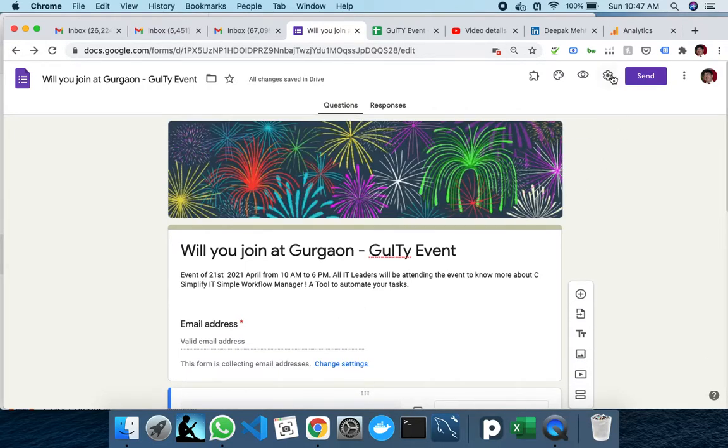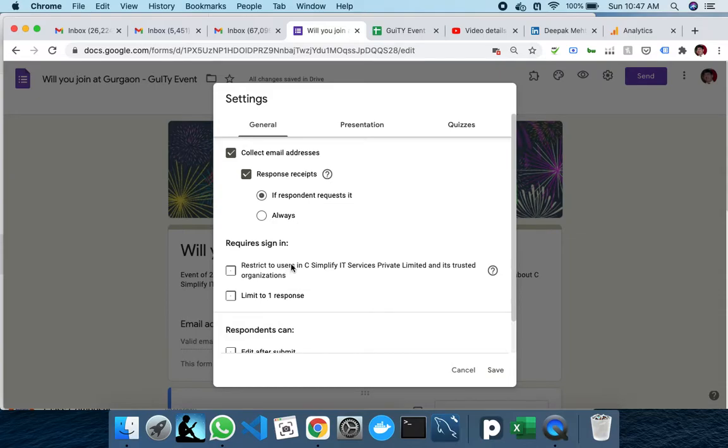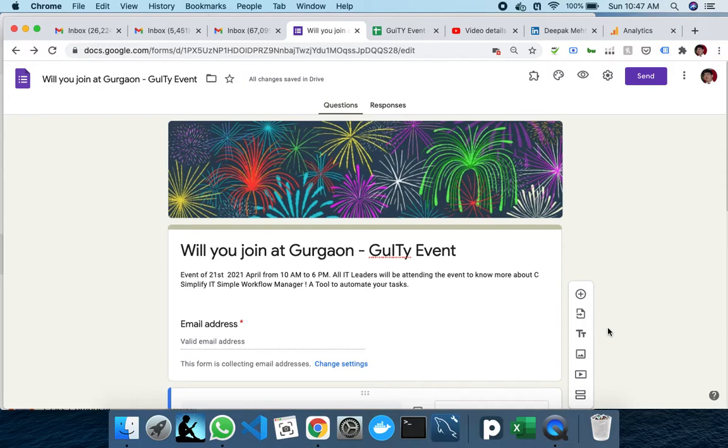And once I have done that, what we have to do is go here and remove the restriction for internal use in case you see it checked. So if it is checked, you have to remove this so that you can send it to the outside world, and then you save this form. So once this form is saved, what you really need to do is create your workflow in which the data captured in this form will be moved to different steps.